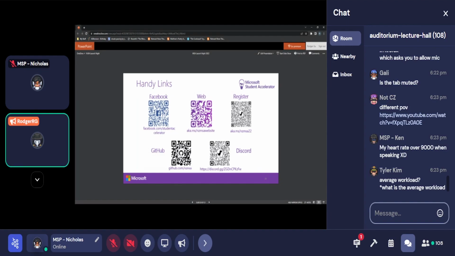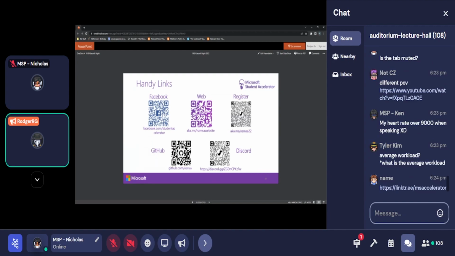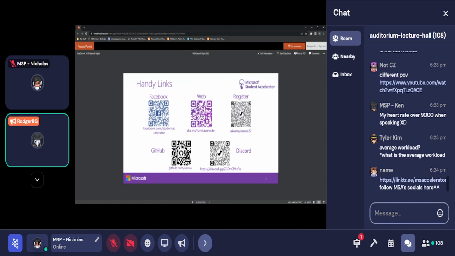I guess any of the MSPs can answer. There's a free spot up on the dais where James is. So average workload, Tyler. Average workload is, I think we worked it out to be about 2 hours each week. But of course, with the MS Learn stuff, you can skim it pretty quick, so those times aren't exactly accurate. So if you read slow, it'll take you about 2 hours. And it's going to run for roughly 10 weeks overall.